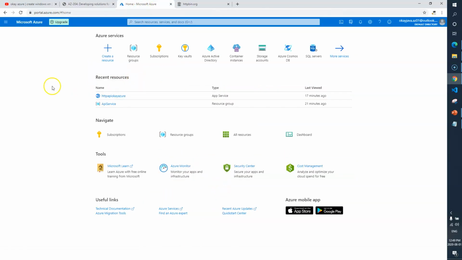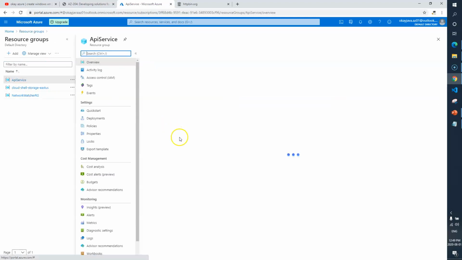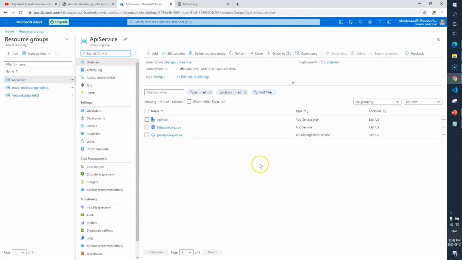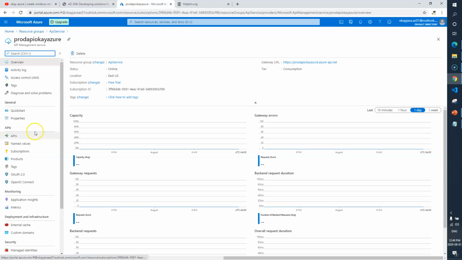Okay, so just follow me here. We'll go to the resource groups and select the API resource. Here we should have our API Management account, which is this one, prod API. You can see, right, API Management service. Click on this one. Now look for APIs.